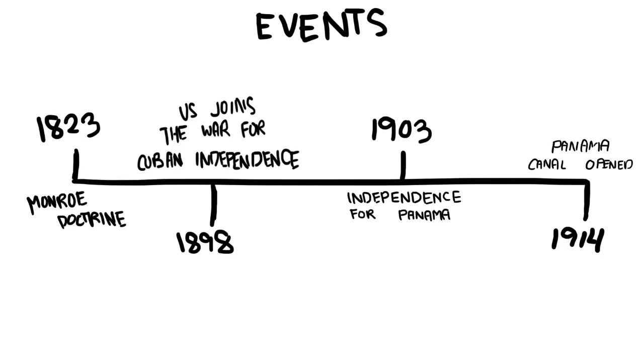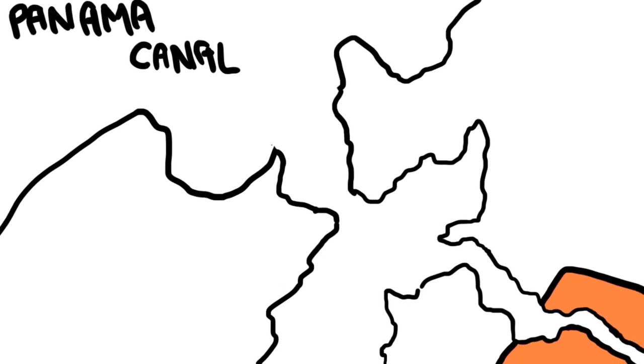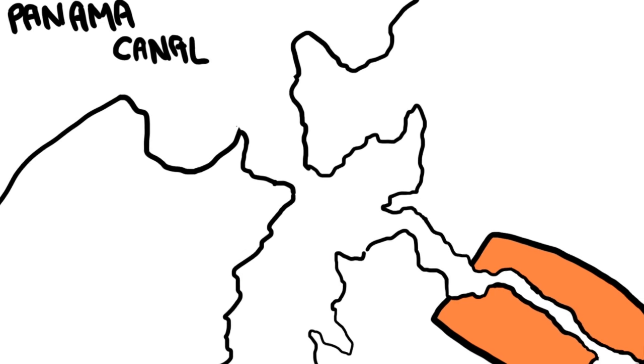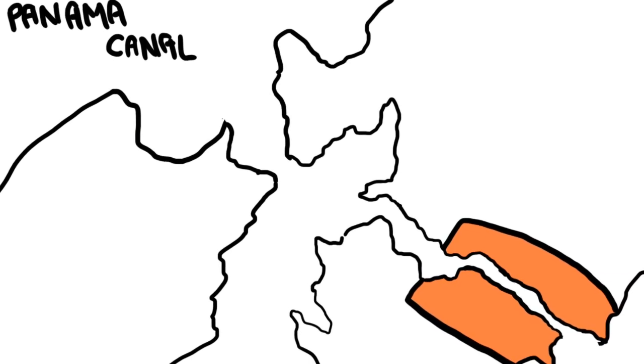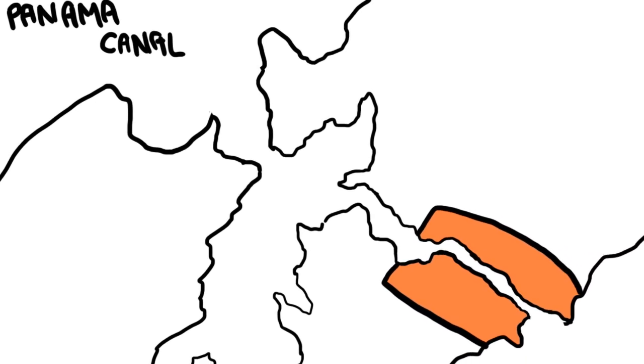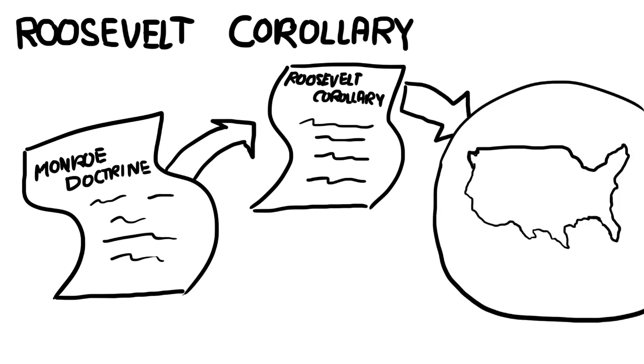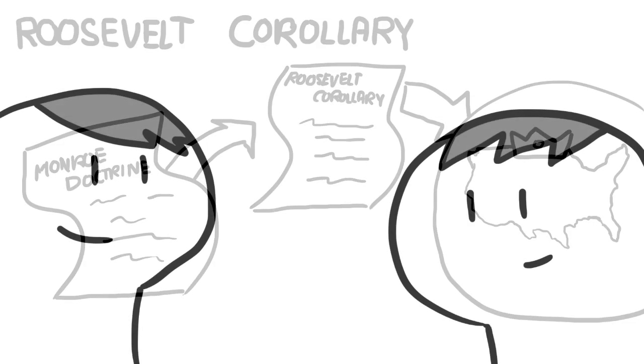The building of the Panama Canal was only one way that the United States expanded its influence in Latin America in the early 20th century. Its presence in Cuba and its large investments in many Central and South American countries strengthened its foothold. To protect those economic interests, in 1904, President Roosevelt issued a corollary, or extension, to the Monroe Doctrine. The Roosevelt Corollary gave the United States the right to be an international police power in the Western Hemisphere. That is the end of our report.